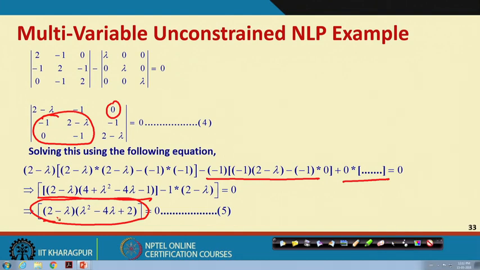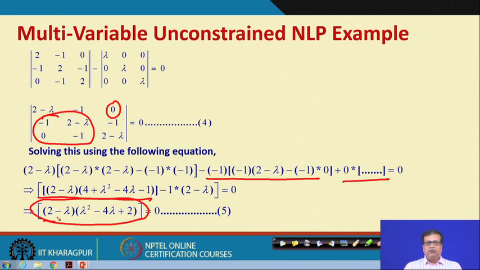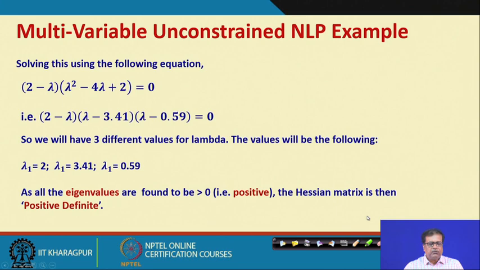Now, this problem was simple. So, obviously, we could easily get into this kind of form, but in all problems it may not be so easy. Still, we have to find the lambdas by some way or the other, and that is a major challenge for such kinds of problems. So, we should remember that, right. Now, once we find this, it can be factorized. The idea is that this into this is 2. So, 4 should be divided in such a way that the multiplication is 2. So, that is 3.41 and 0.59.